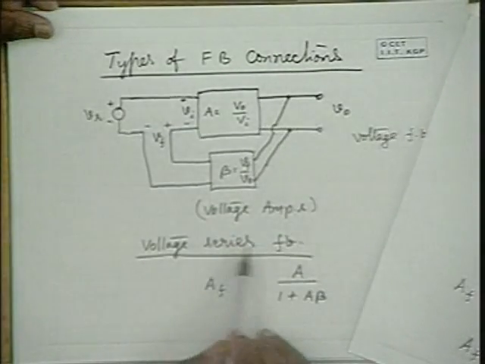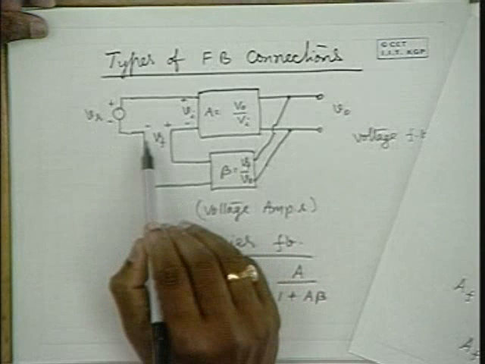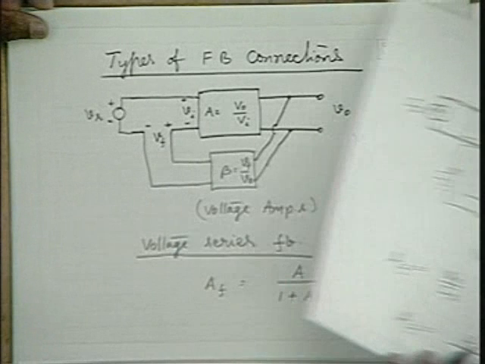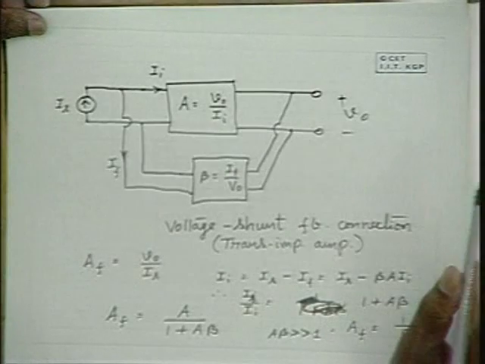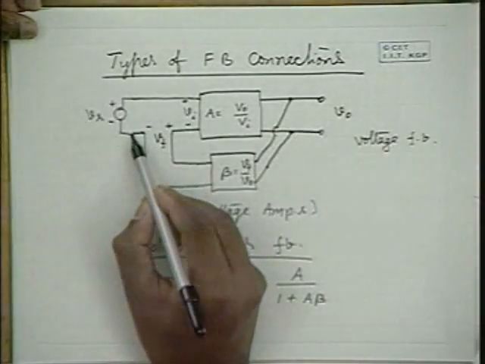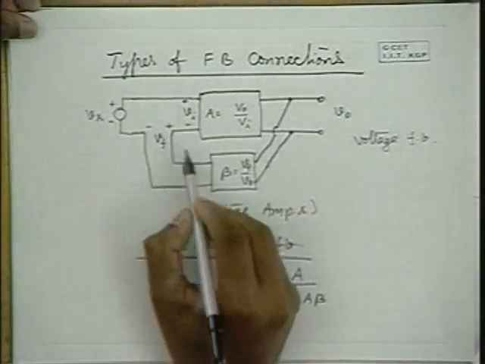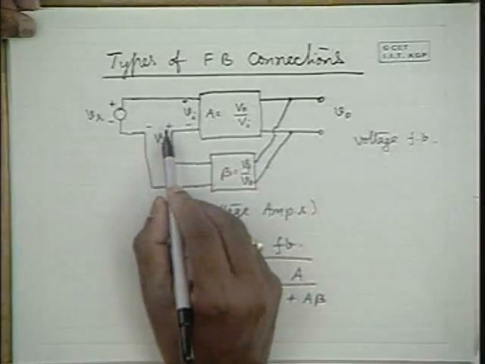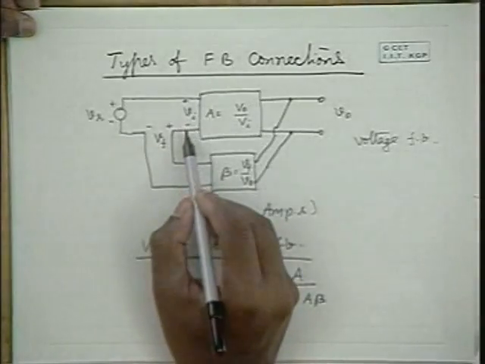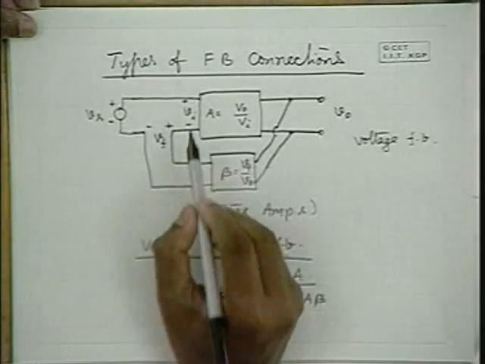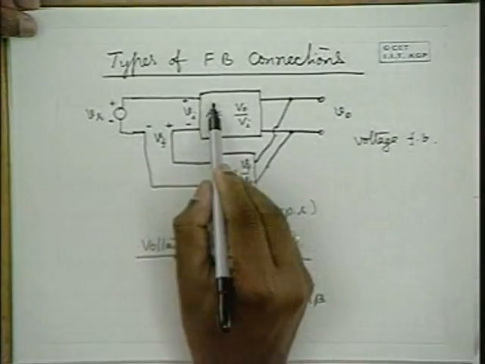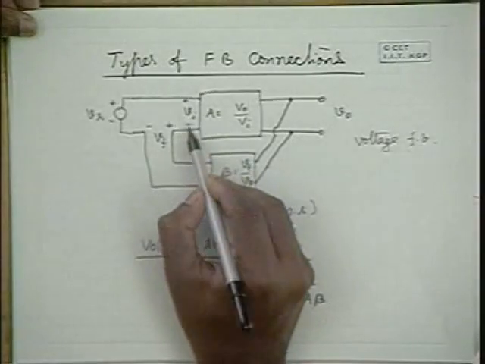With voltage series feedback like this, when the feedback is negative and applied in series, the input impedance increases. And in a connection like this, the input impedance decreases. Because for the same voltage applied, if you apply 1 volt here and because of feedback, the voltage applied here is say 0.5 volts, what is the net voltage applied to the amplifier? It is 1 minus 0.5, it is 0.5 volts. And if the input resistance of the amplifier is 1 kilo ohm, how much current does it draw? 0.5 volts divided by